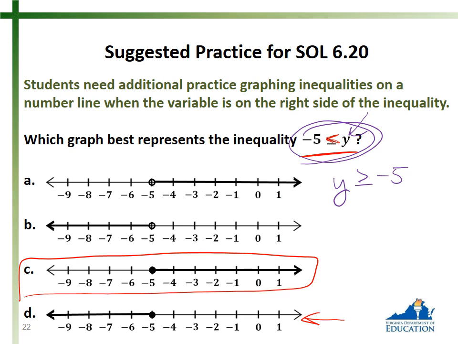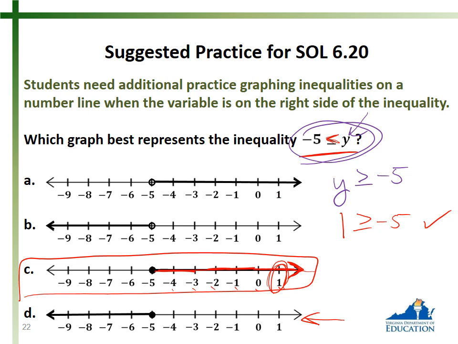letter C. A way you can check to make sure that your answer is correct for inequalities is figure out which way the arrow is pointing so that it's that dark shaded part. And I can fill in any one of these numbers along the number line in for y to figure out if the inequality is true. So I can go all the way up to 1. So let me put 1 in for y. 1 is greater than or equal to -5. And I can say that inequality is true because my arrow is covering